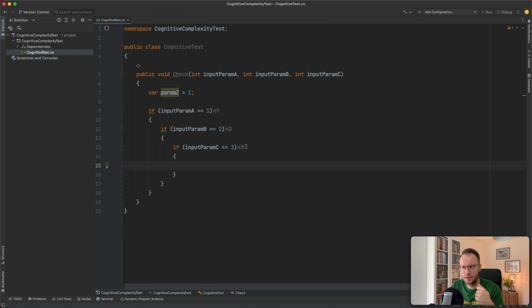So we have here +3 in total. So our cognitive complexity of this method at the moment should be 6 points. If we are looking at it here, we see that it's in fact 6. Okay, what can we do now? We can say that